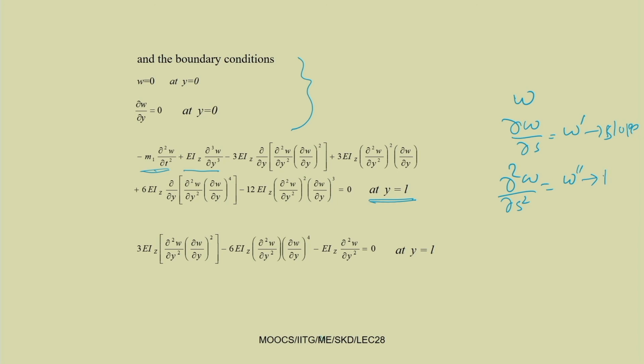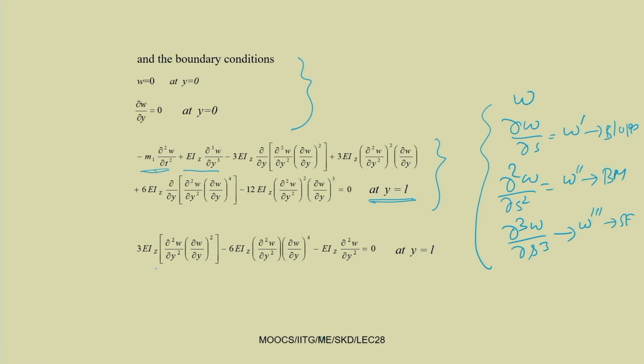So, that corresponds to the bending moment, and del q w by del s q corresponds to w triple dash. So, that is the shear force. In the boundary conditions these 4 parameters will come. In the nonlinear terms, it will be a product of these terms, and you can get these boundary conditions directly from the extended Hamilton principle.